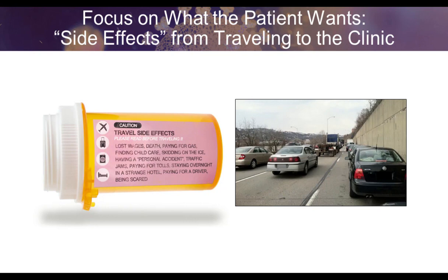modes of transportation. They need to pay for gas, child care for some. There are other personal costs that can occur, in terms of some needing to actually stay in hotel rooms. We've had patients actually have to pay quite a bit of money to come in and see somebody. So this can be a scary and costly time to actually come to an in-person visit, and telemedicine has really